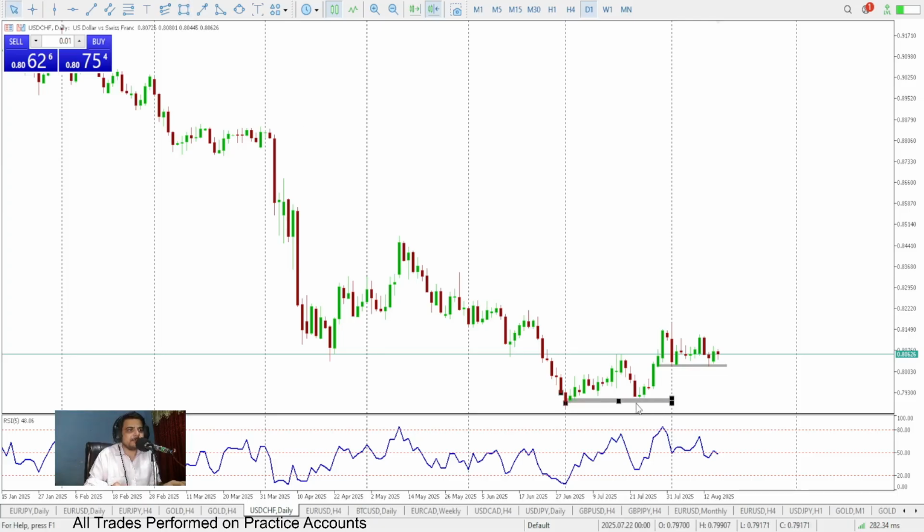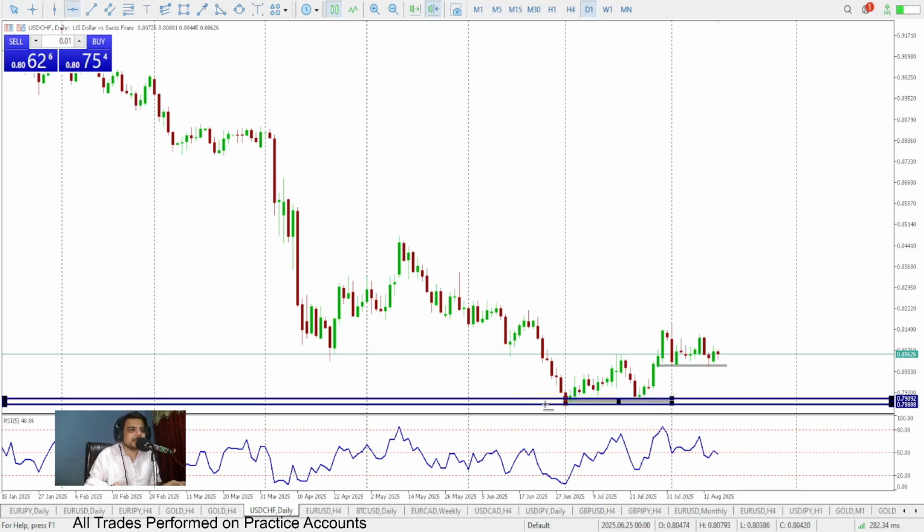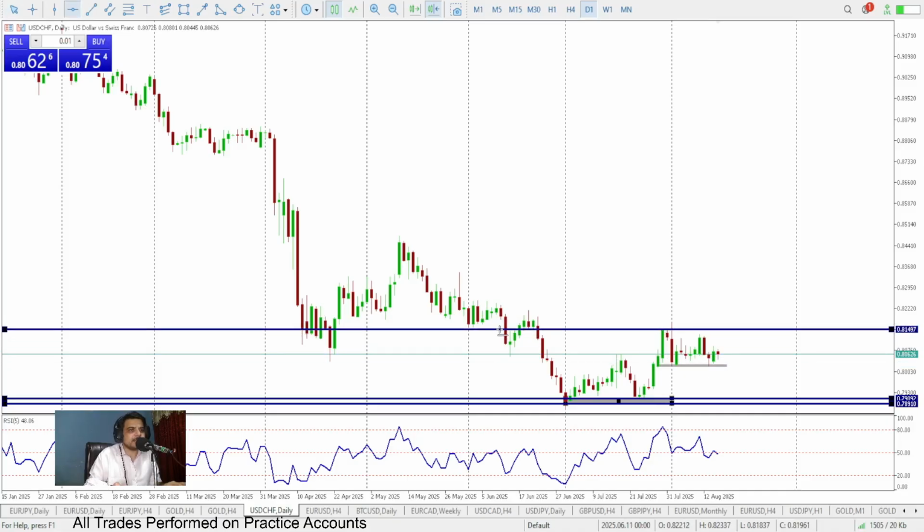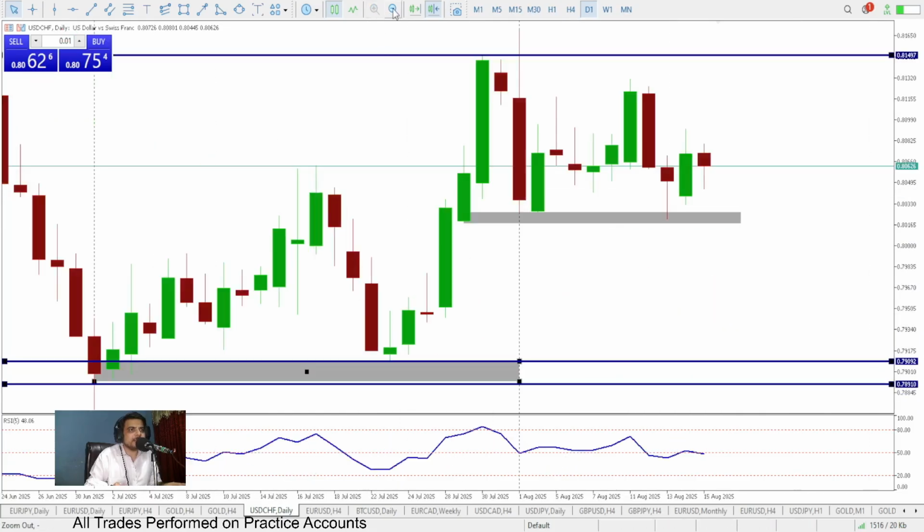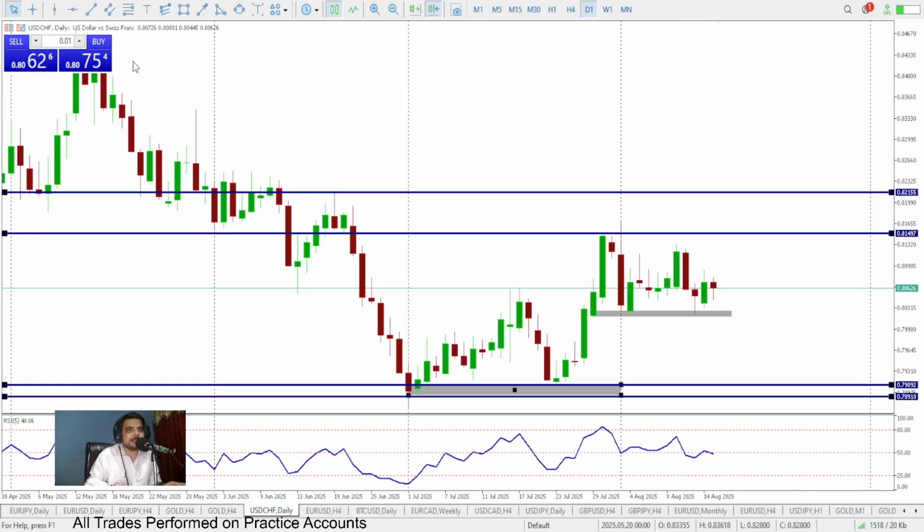Right here we have a very nice support. First of all, let's highlight the key levels of support and resistance. We have this as a support, and the resistance is going to be 0.81497 even for this upcoming week as well, and this is the whole range. Along with that, on the daily time frame, if I zoom in and show you these particular candles,